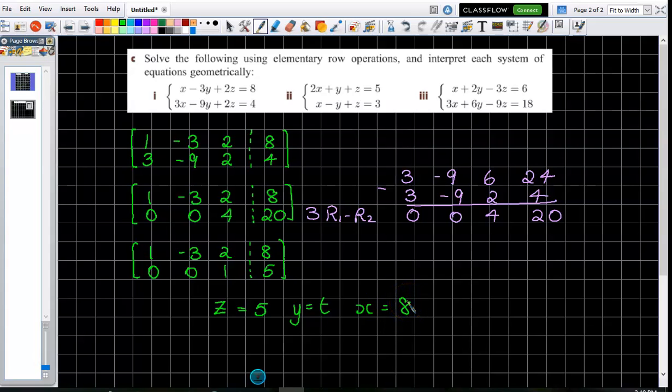And now we can get X. 8 take 10 plus 3Y, which will be the 3t. So X is negative 2 plus 3t. Yeah? They could be really mean. I can't remember, because we skip these sometimes. But if this all cancelled out, then go again. Have a look at your equations, because if they all cancelled out, it would mean that it's a multiple of